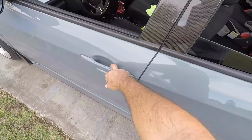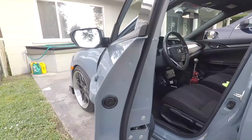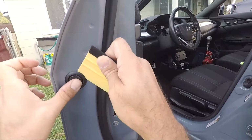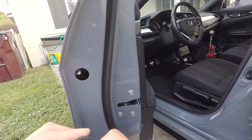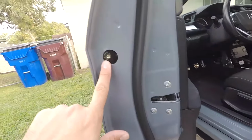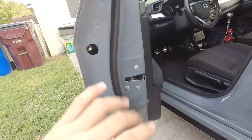Okay, so what you're going to want to do here is, obviously, open your door and look here in the door jamb. You've got this little rubber seal looking thing here. You want to take this off, and this is what my little squeegee was for. Get that out of the way without messing it up. You can also use a flathead screwdriver. Take that out, put it to the side, and now you can see your 10 mil bolt. So go ahead, take your 10 mil,